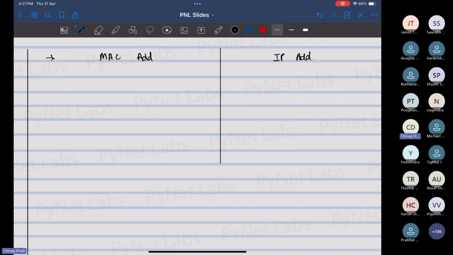MAC address stands for Media Access Control. And IP address stands for Internet Protocol address. A MAC address looks something like this: 1, 2, 3, 4. Let's say A, B, C, D, 0, 0, 1, 1. That's a MAC address. Whereas an IP address looks something like this: